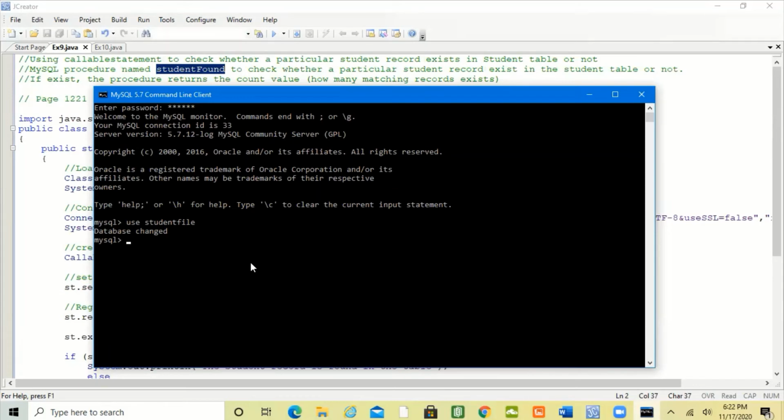Sometimes a procedure may exist with the same name. If it exists, you need to delete it, so I'm going to create it freshly. You delete the procedure by using the drop command. So let's say drop function, function means the stored procedure, if exists, the name of the procedure is student found.